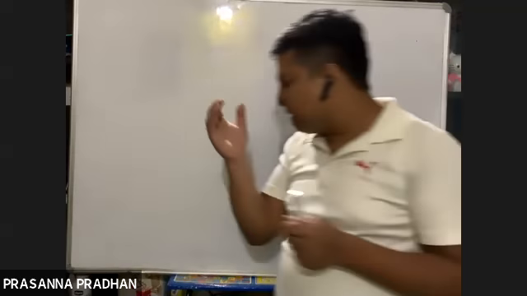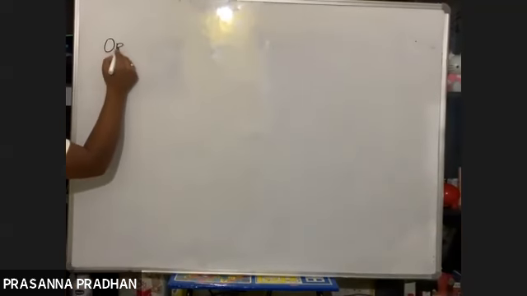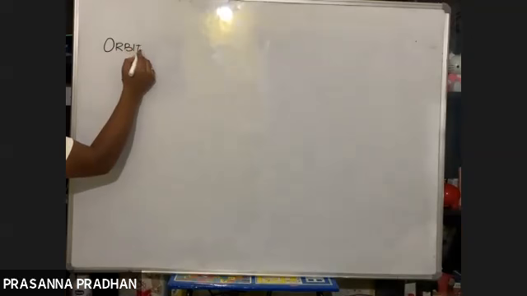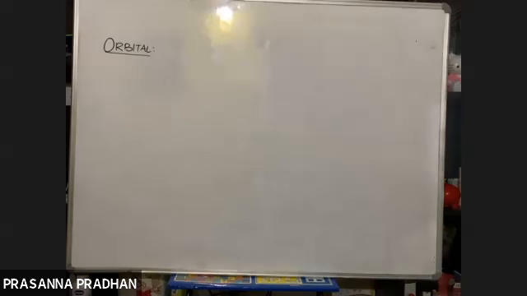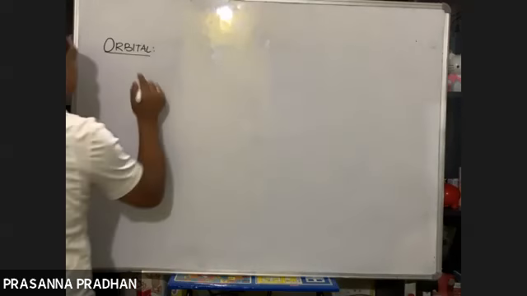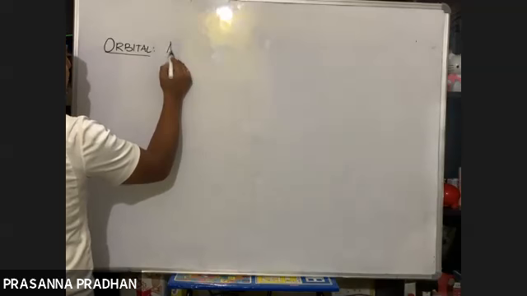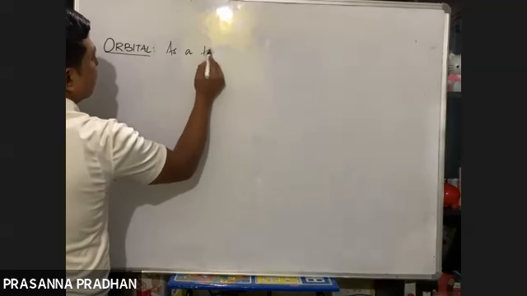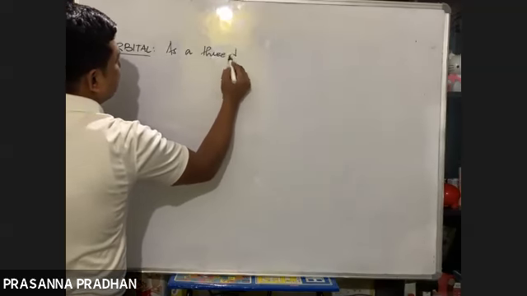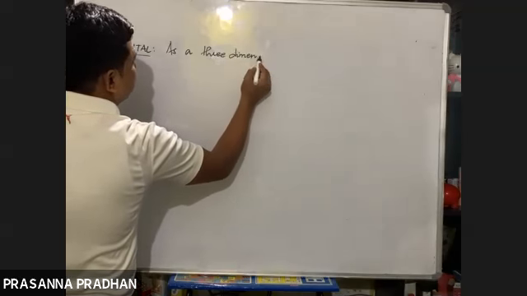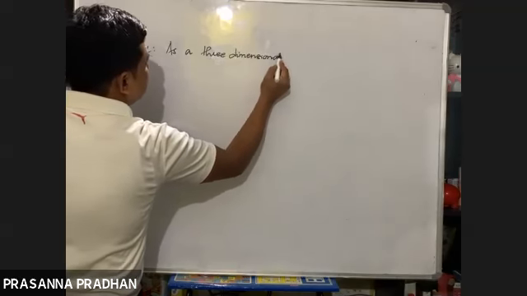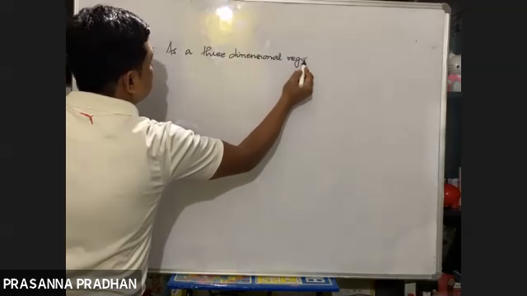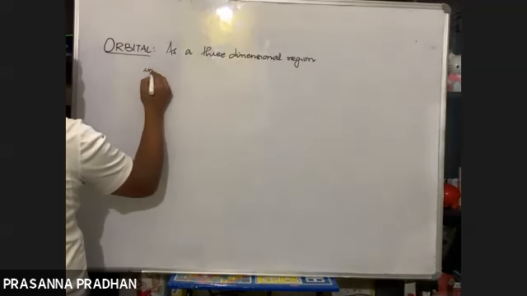So now came the concept of orbital. What is an orbital? What is the concept of orbital? An orbital is defined as a three-dimensional region in space